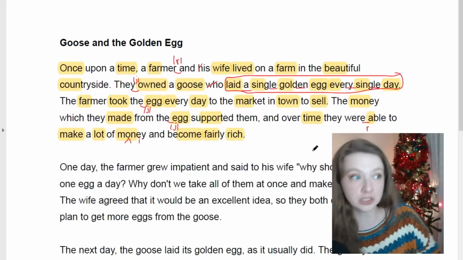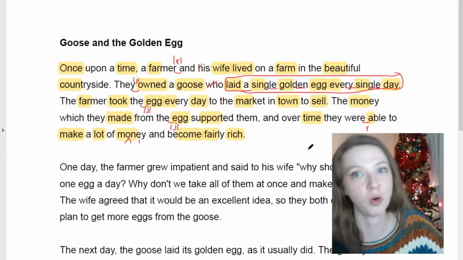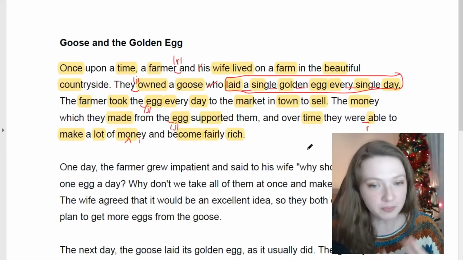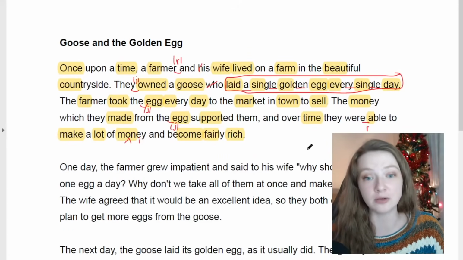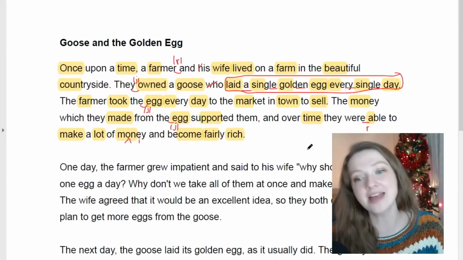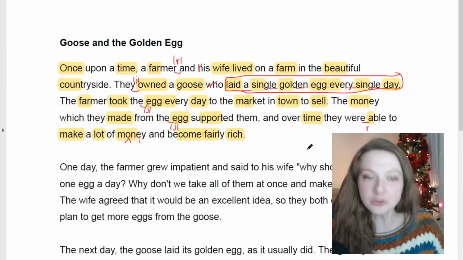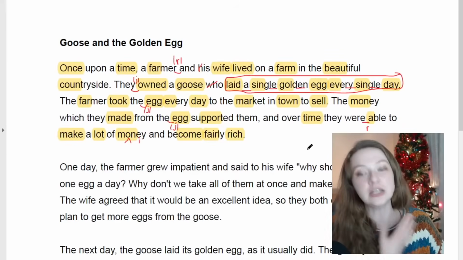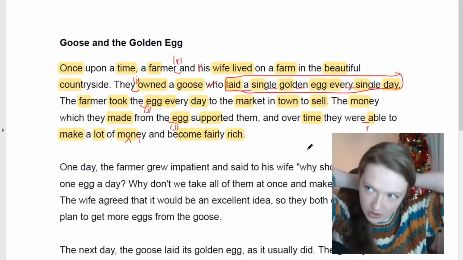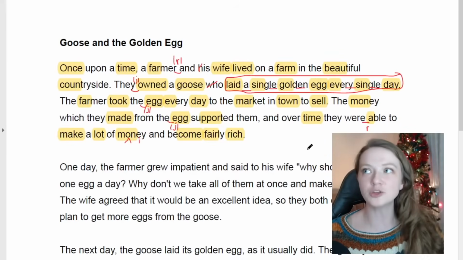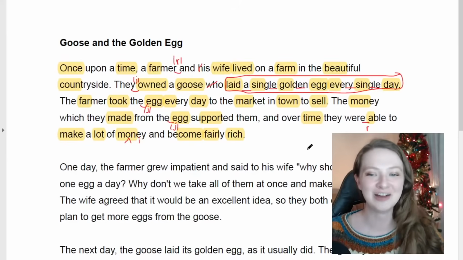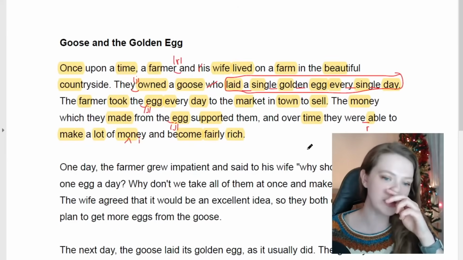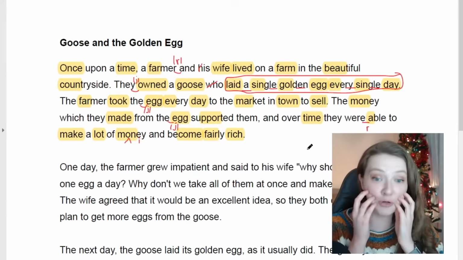Yeah? So someone earlier was saying, we need to remove the schwa, right? No, because if we remove the schwa, it would be very, very difficult to pronounce. Laid a single golden egg every single day. It's really hard to say when it's all strong. It's really hard. This is why when you hear, for example, English people speaking Spanish, where every single vowel is strong, it's a lot of effort. When I speak Spanish, honestly, my mouth hurts.